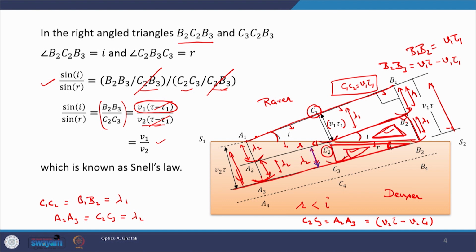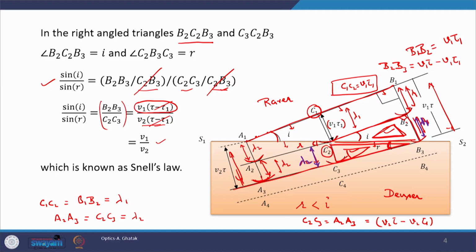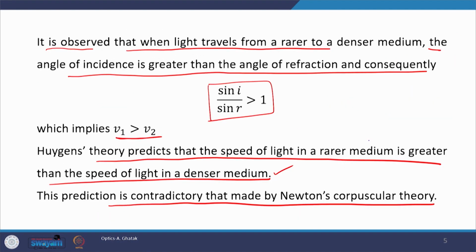If this distance is lambda 2 and this distance is lambda 1, with the assumption that all these wave fronts are separated by the respective wavelength, or we can say that all these wave fronts represent consecutive crests, then C2C3 would be equal to lambda 2, while B2B3 would be equal to lambda 1, and using these two triangles, we can say that sin i upon sin r is equal to lambda 1